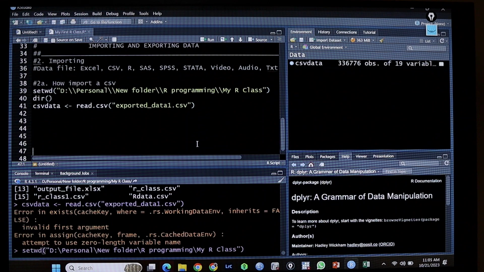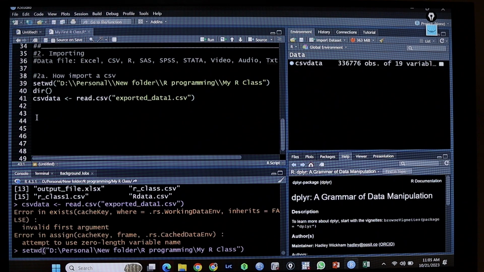Next, now that you know how to read a CSV file, we want to look at how to export a data frame that has been created on RStudio. How do you export data that has been created on RStudio? So here is exporting to a CSV file. To export to a CSV file, you also use the function write